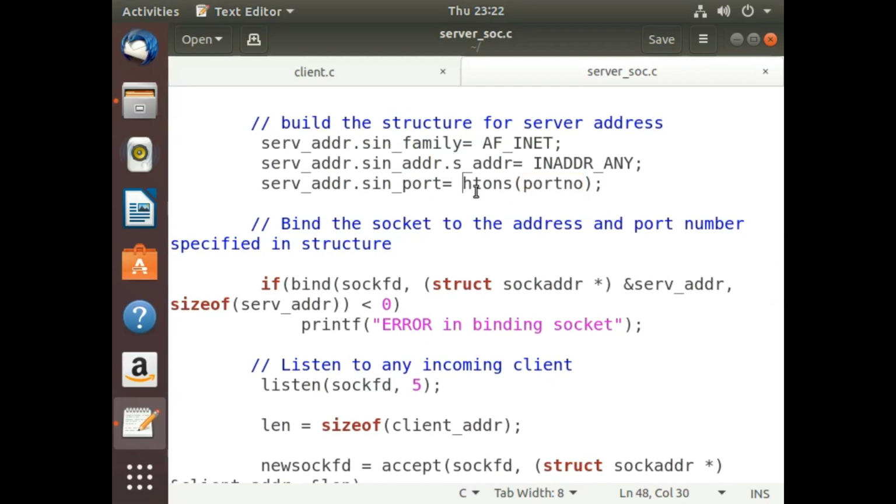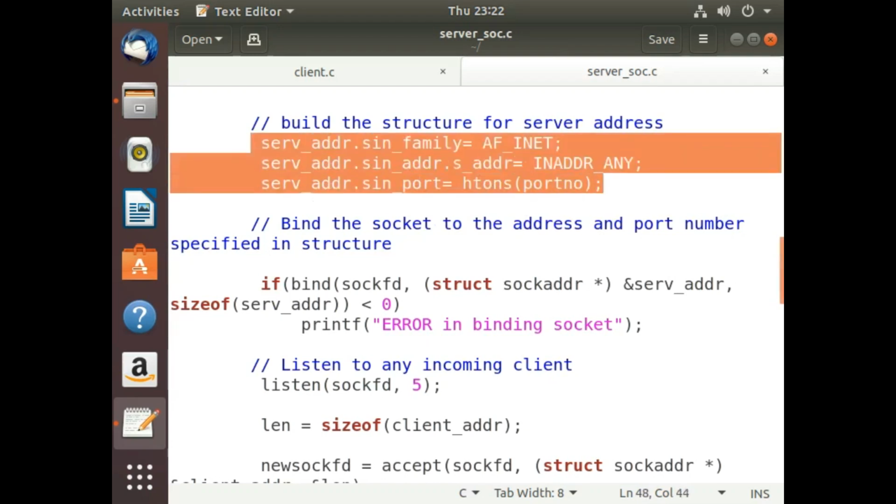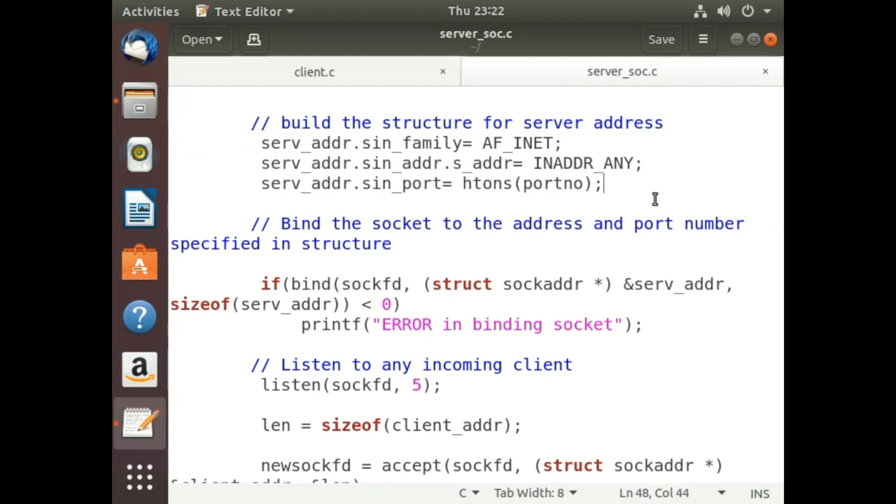That is why we use the host to network short function, called htons. We also have host to network long, but depending on what value we are using, we use short or long here, and whatever the resultant value is, we store it in sin_port. So these are the three things we are storing in the structure of our server.